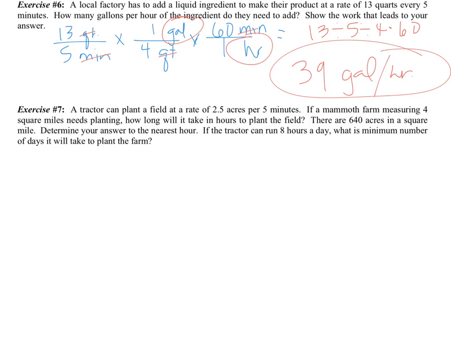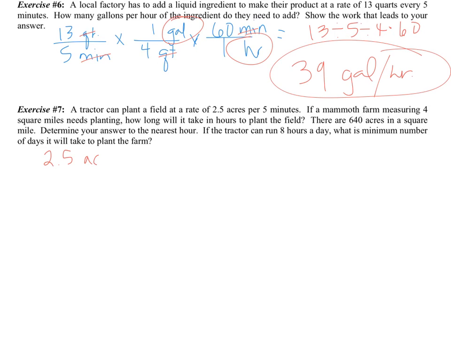per 5 minutes. A tractor can plant a field at a rate of 2.5 acres per 5 minutes. If a mammoth farm measuring 4 square miles needs planting, how long will it take in hours to plant the field? There's 640 acres in a square mile. Determine your answer to the nearest hour. If the tractor can run 8 hours a day, what is the minimum number of days it will take to plant the farm? So we're looking at